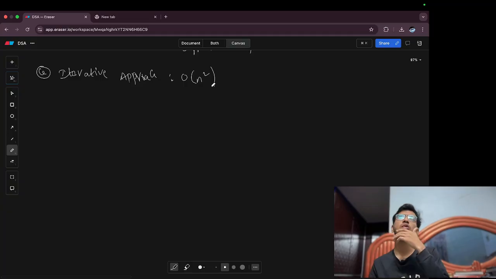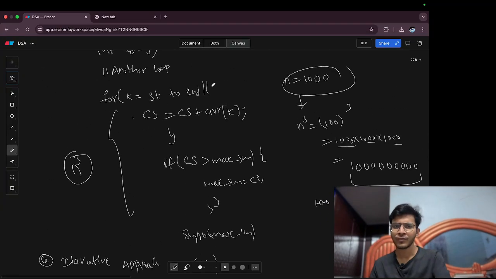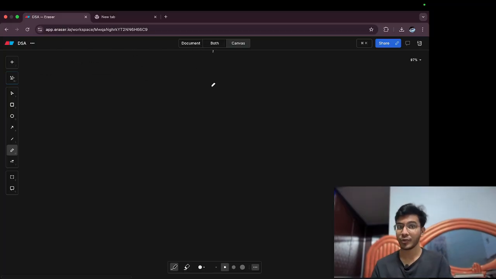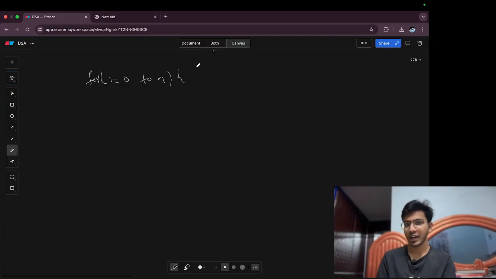So let us see the old code. We are running the outer loop, we are running the second loop, and the third loop is used to calculate the subarray. Now my question is, if we are calculating the sum, then what is the need of the subarray? So here we'll run the loop for i equals 0 to n, and